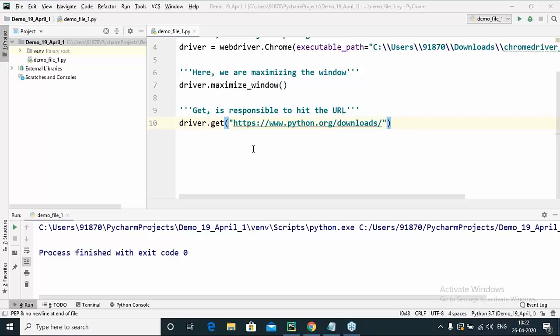You are saying driver equal to. Sampada, the way you're writing Chrome, you have to keep in mind that the C starts with a capital letter. The small chrome is responsible for operating something different. So just make some corrections. The first correction is that you have to make the C capital, and the second correction is the spelling. You have made a spelling mistake: you have mentioned executable path, which is missing an E at the end. Just correct that and it should work good, I believe.